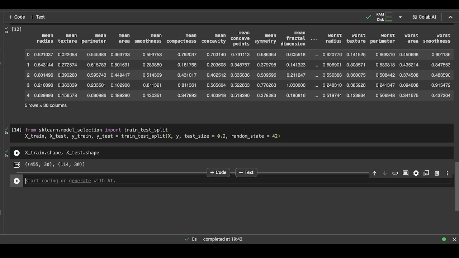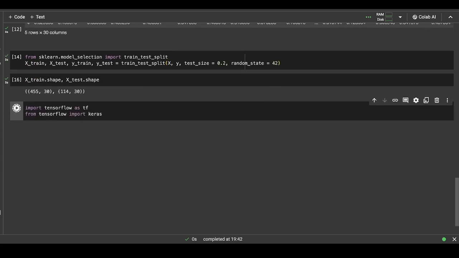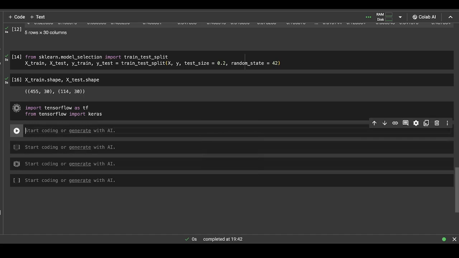The next thing that we will do is start training our deep learning model. This is a basic neural network. Actually, we are using the artificial neural network method here. This is not a very complex model that needs n number of hidden layers. 1 or 2 hidden layers will be enough. So first we will import the necessary libraries. So import tensorflow as tf, and the next is from tensorflow we will import keras. Let's run this. It will take some time because these libraries are heavy.